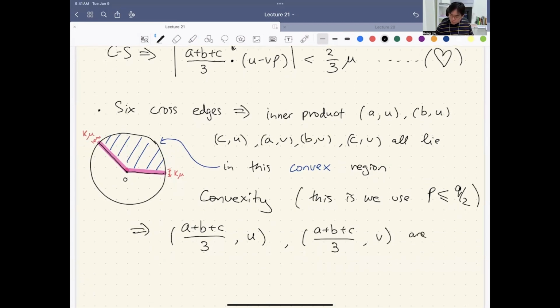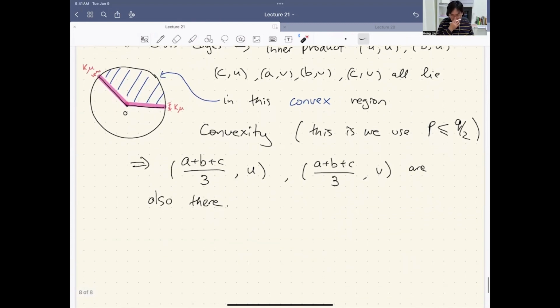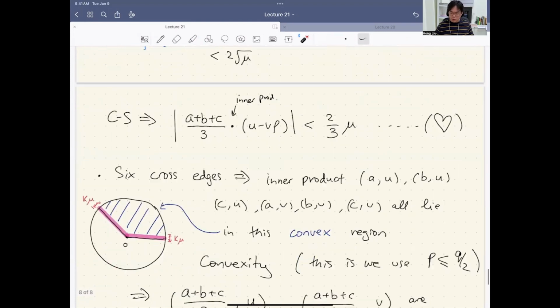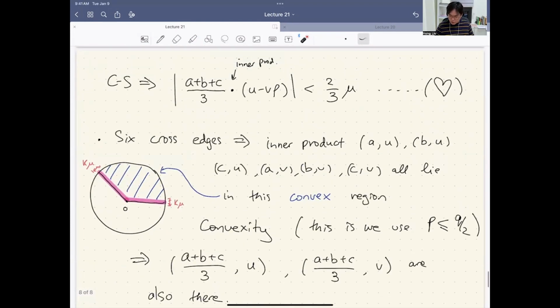Also there in this region. Okay, but the point we cared about is negative this guy times negative